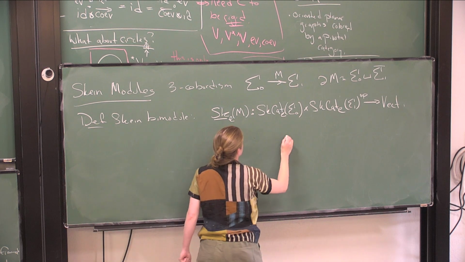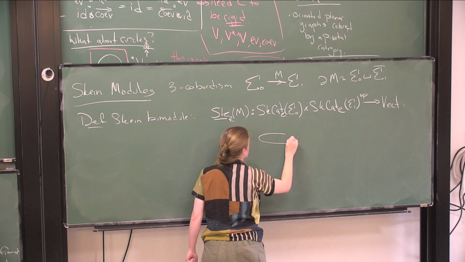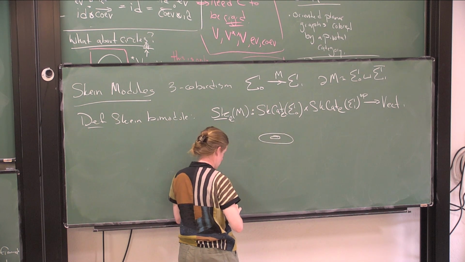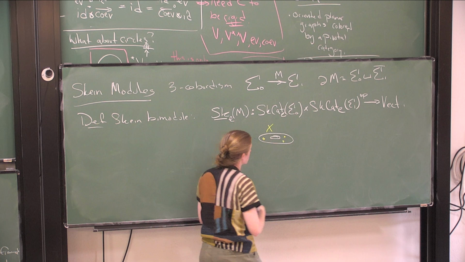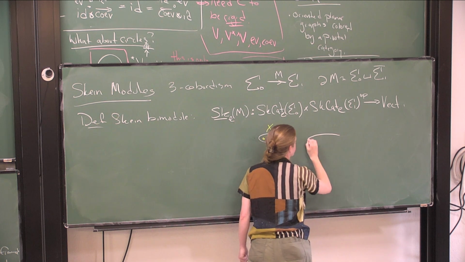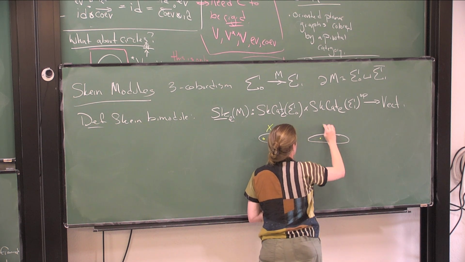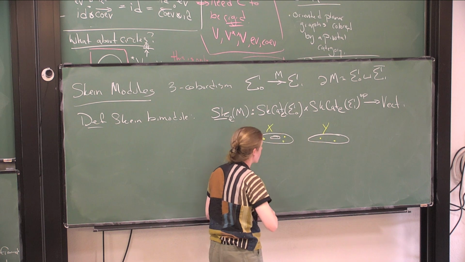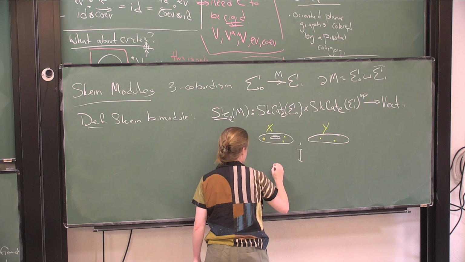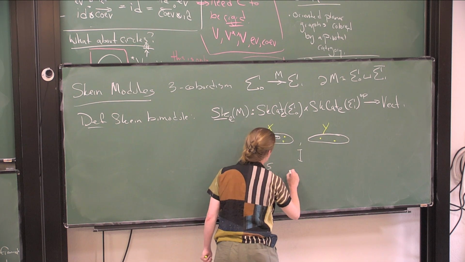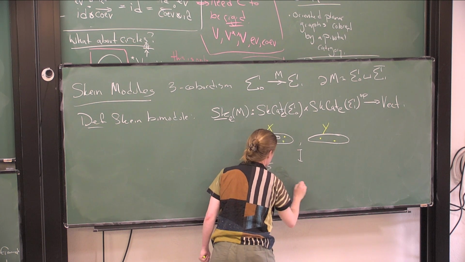Well, here I will have some configuration of points. Say this is like an annulus. Some configuration of points like this. I call this x. And we can say this is the other nice to draw surface. Some disk with points. And what it's going to do is send these to the vector space spanned by